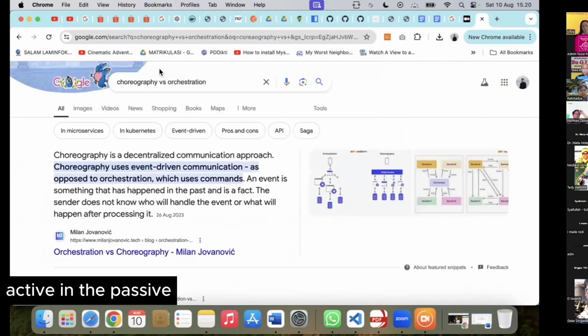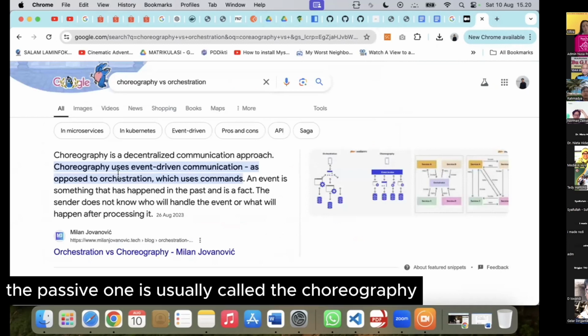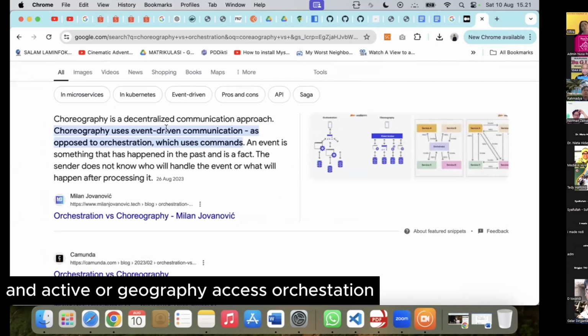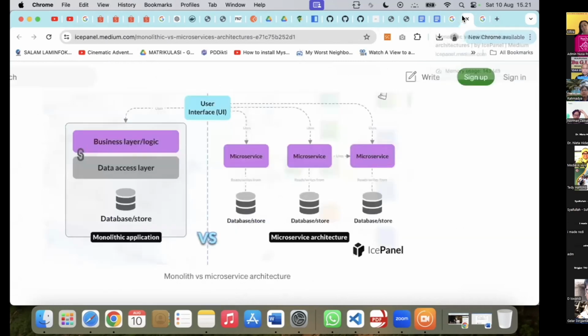That is the active one. So there is also a passive one. The passive one is usually called choreography, and the active one is orchestration. Orchestration is usually the easier one. Choreography is more complex because it usually uses event-driven communication.